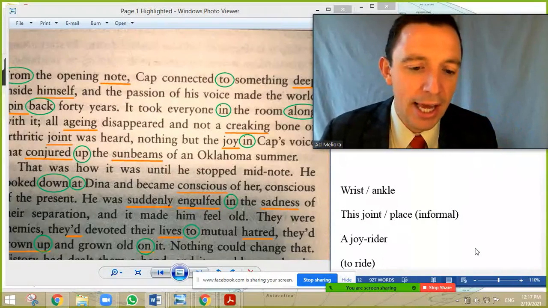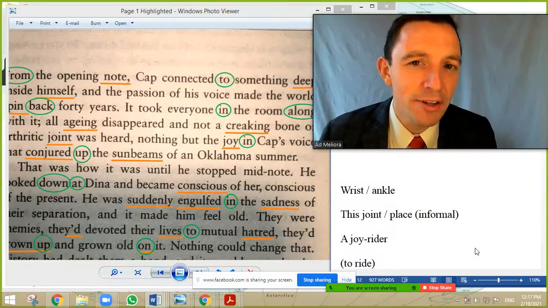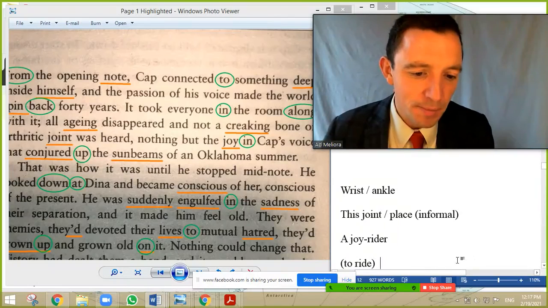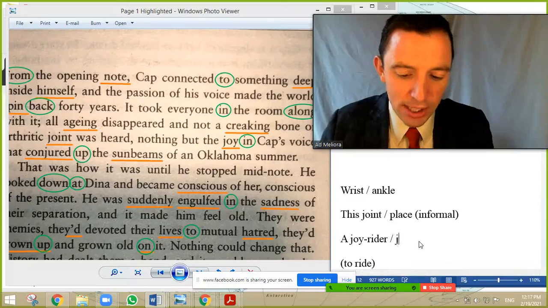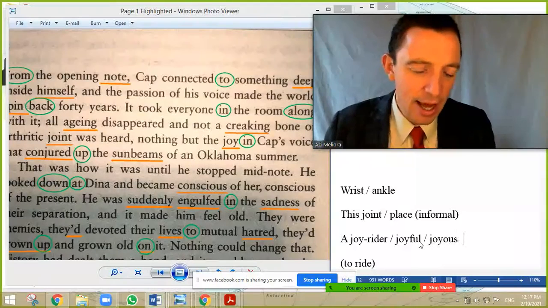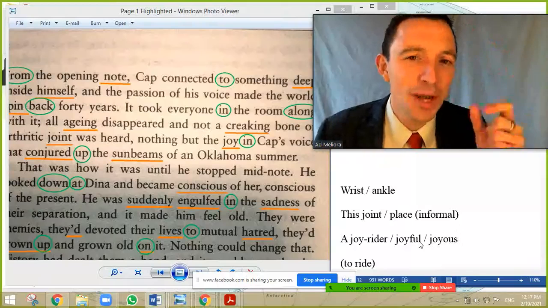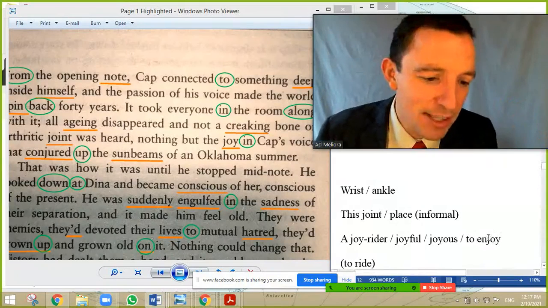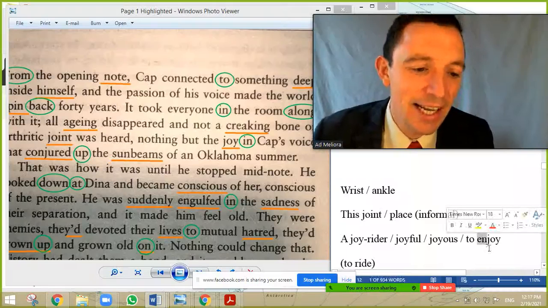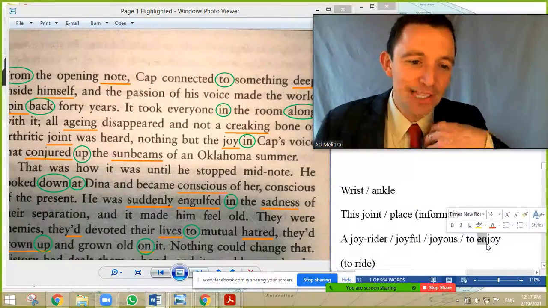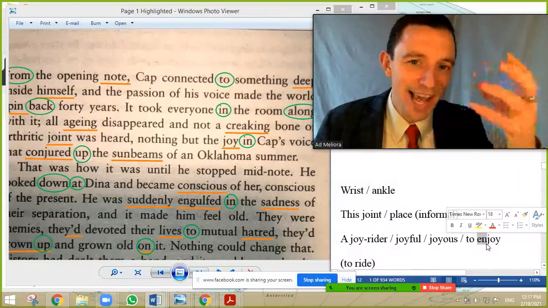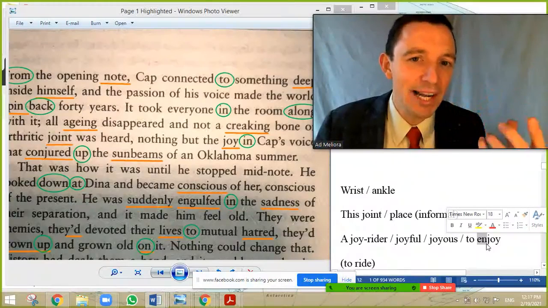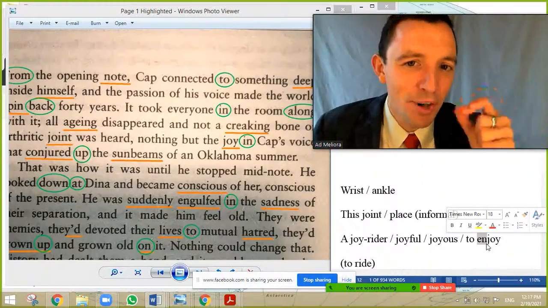Okay, the adjective is joyful. I am very joyful. It's not very common, but it is an adjective, joyful. And joyous, I think, is possible as well. Joyful and joyous, more advanced. And it's related to enjoy. So it is related to verb enjoy because the prefix, like entertain, engage, it's related to inside, and enjoy means to take the joy inside. So it's all connected. That's the importance of the prefix, in my opinion.